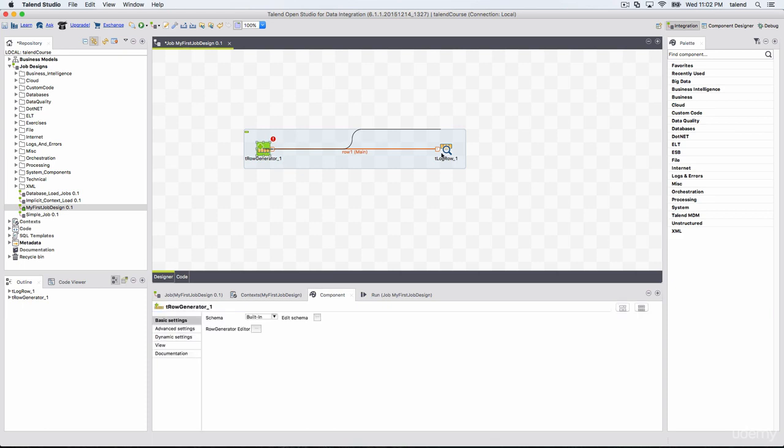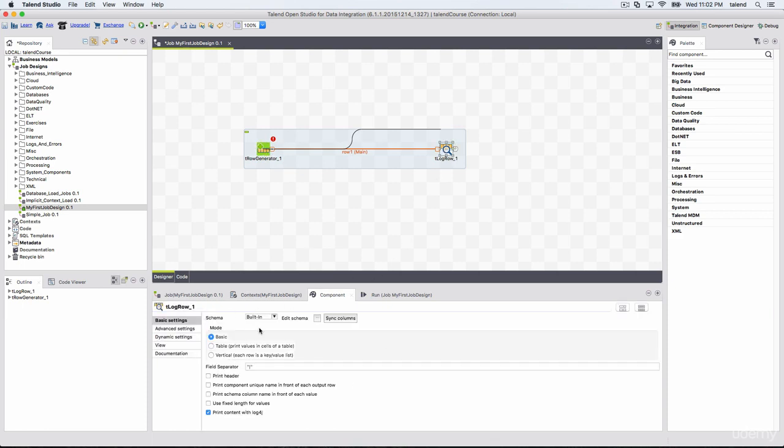But when you click once, you will have your configuration properties here, and you will set the configuration properties accordingly, according to your business requirements. We will discuss configuring component properties in later videos. I want the result to be displayed as a table, so I will select that.